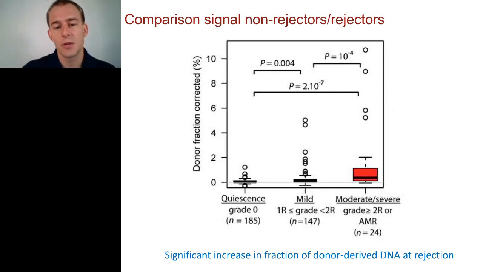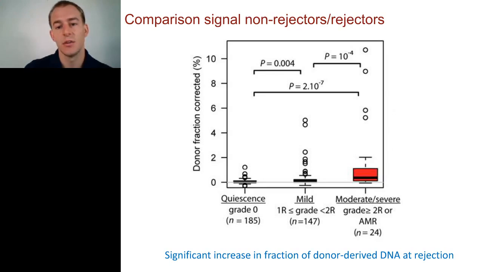We've collected many samples, and there were several hundreds of matched biopsies available for this measurement, and we of course did a signal analysis, and we find that the donor fraction is indeed elevated at time of rejection compared to samples that are recorded at quiescence. You'll see that there are only very few outliers here, and most of the samples recorded at quiescence for patients that do not reject actually show very low donor fraction compared to samples collected at rejection, where we see this